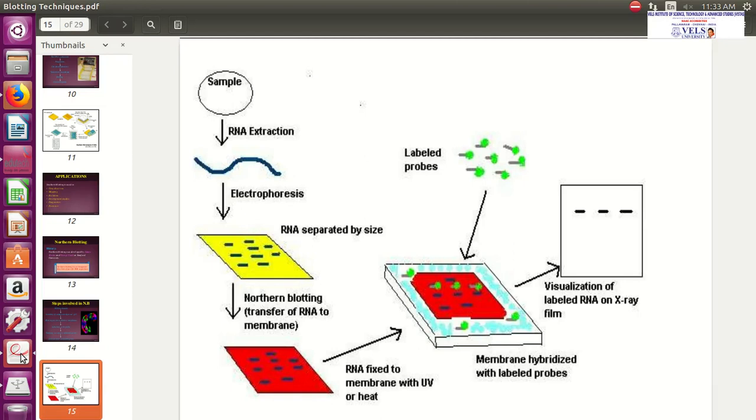So in electrophoresis, the RNA is bound to the gel. Then it will undergo the Northern blotting. Northern blotting is nothing but transfer of RNA into the nitrocellulose membrane. Okay, so the nitrocellulose membrane is moved to the